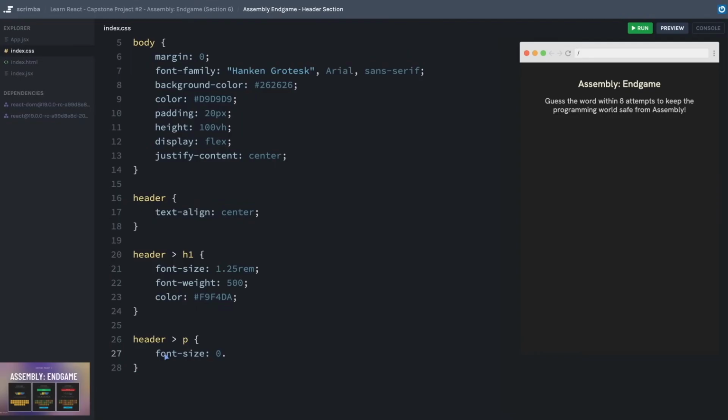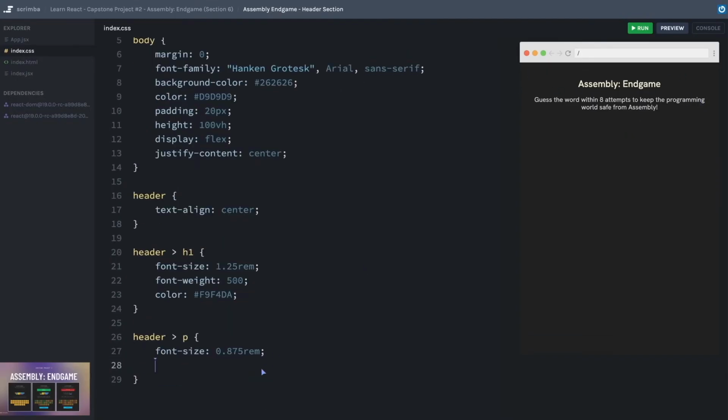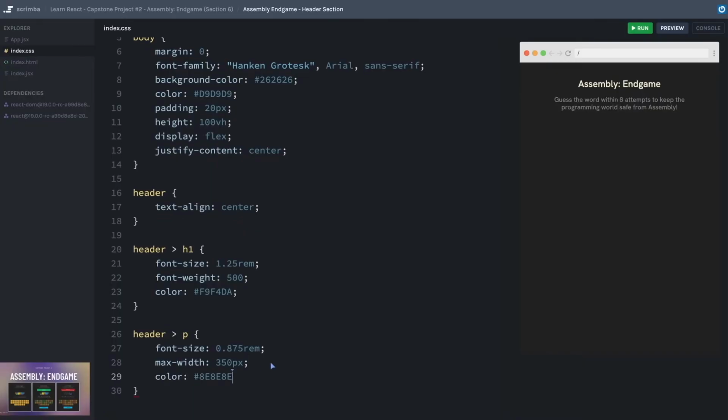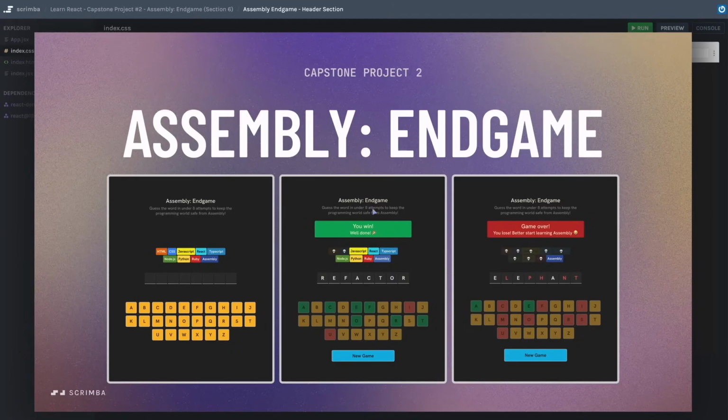because that also has a different font size, which if we convert it from pixels in the design to rems, we get about 0.875 rem. I don't love how it's wrapping. It looks a little bit wide to me, so I'm actually going to include a max-width. And let's try 350 pixels. Okay, that's wrapping a lot nicer, at least to me. And then we do have a different color, so we'll set that to the same color as the design. All right, this is a good start. Next, I think we'll just work our way down the page. We'll start on this status section.